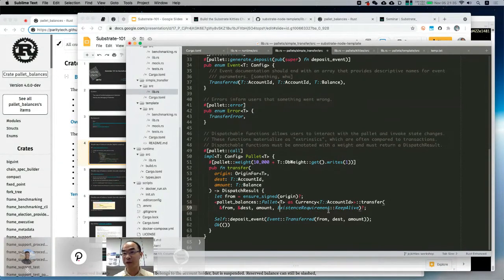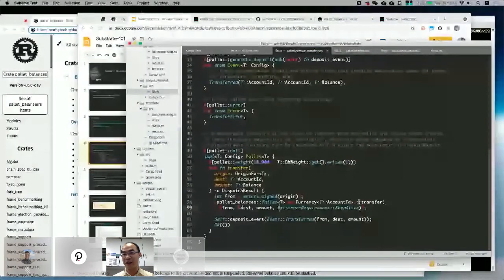And we do a transfer with this line, and then I finally have an event emitted. If everything is successful, it will emit the event transfer. And you see a question mark here. The question mark is actually